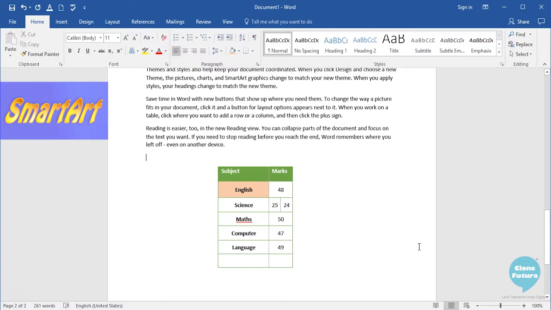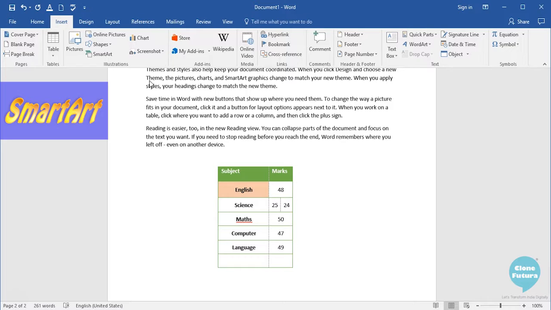Not just a table, but you can add many graphical objects into your document to make it look really appealing and interesting. Now we will go to the Insert tab, and from the Illustrations group, we will add something called SmartArt. A SmartArt is a kind of graphical chart or cycle which shows the text or the data in a much more presentable and graphical way. Let us click on SmartArt,